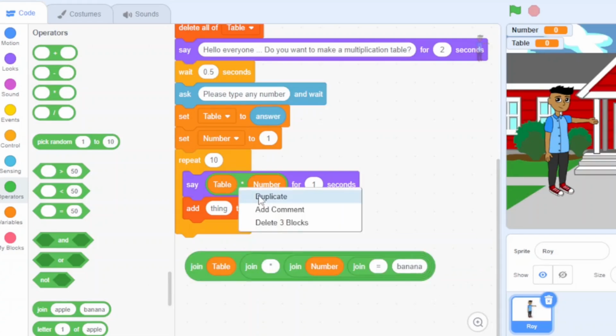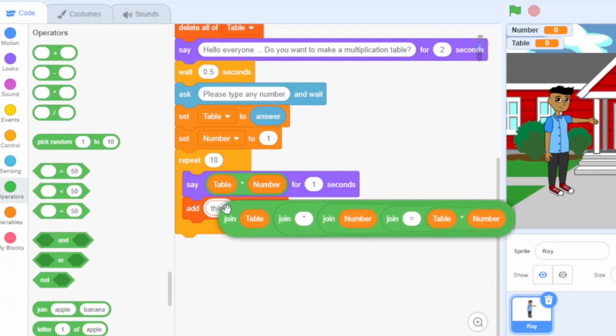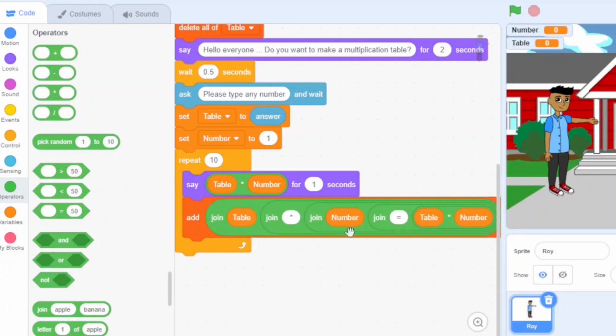You can just duplicate from the say and put it over here like this. And now put this in the add block.